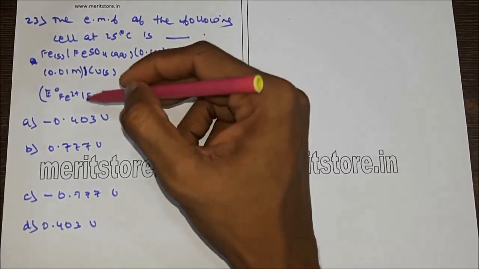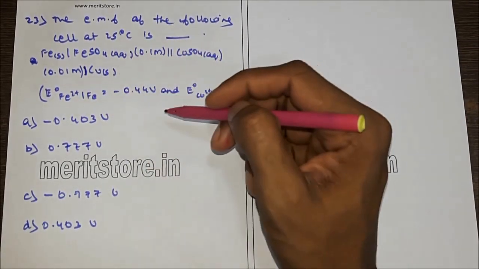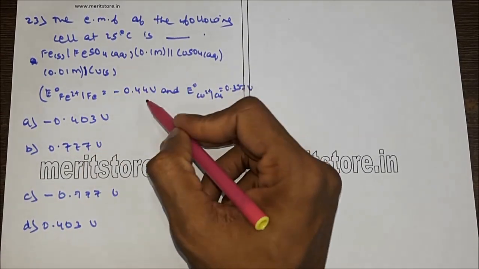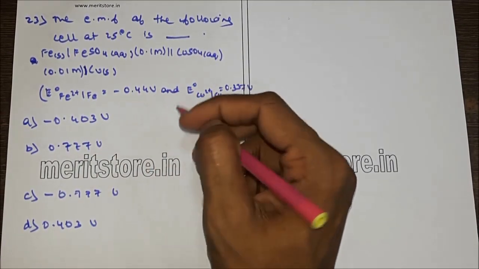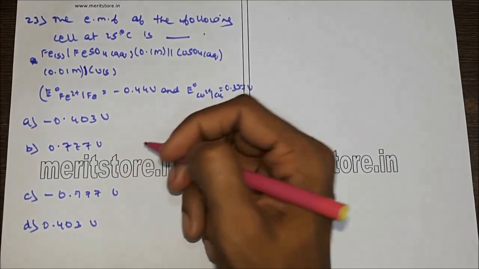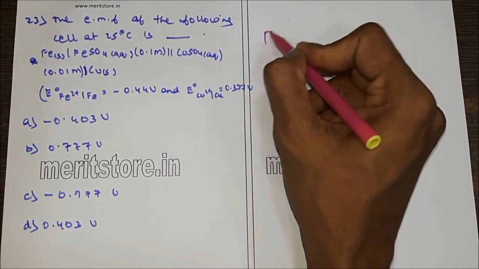So given the values for E0, we are given the standard potential for iron, which is equal to minus 0.44 volt, and for copper it is given as 0.337 volt. We are given 4 options over here. So the standard potential of the cell